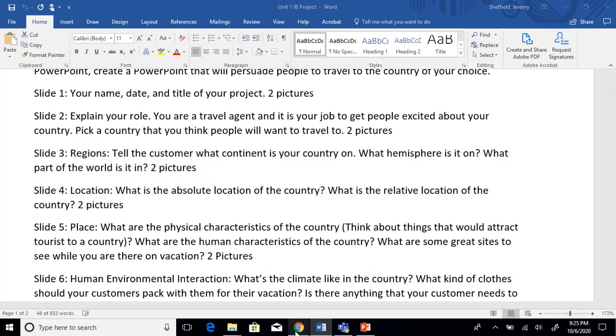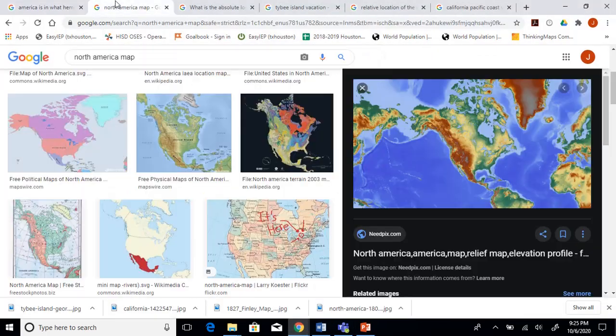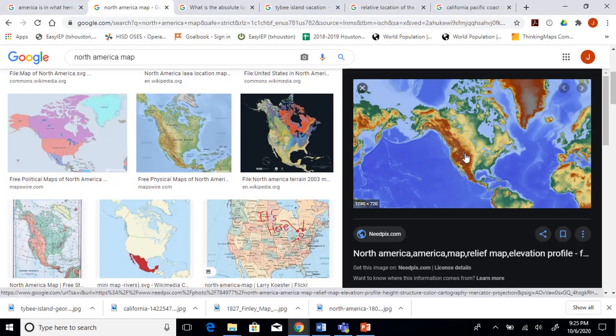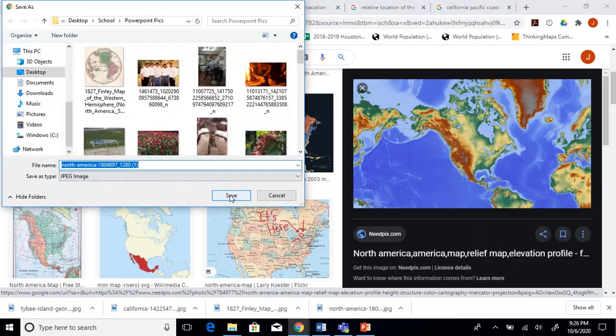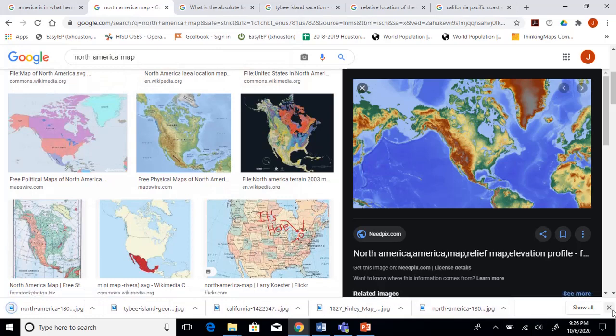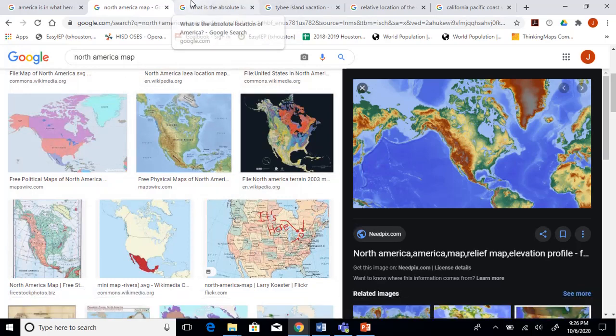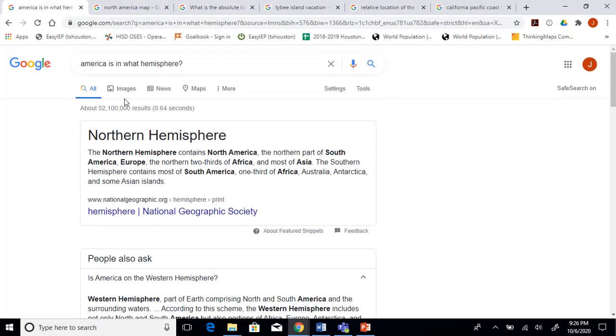Now we just need 2 pictures. So I've got this elevation map of North America, right? So the big brown spots right here are actually the tall mountains. This is the Rocky Mountains, and you can see it kind of levels out towards the middle, and then on the east coast you have the Appalachian Mountains. I'm going to right click, save image as North America. I've already saved some of these images, and then I want one more,